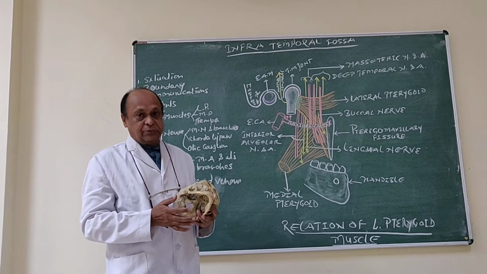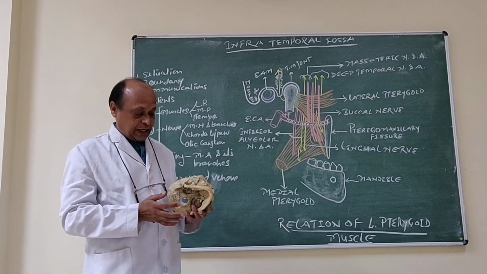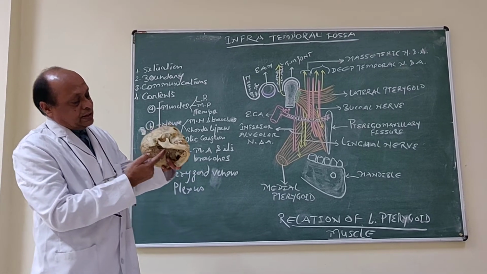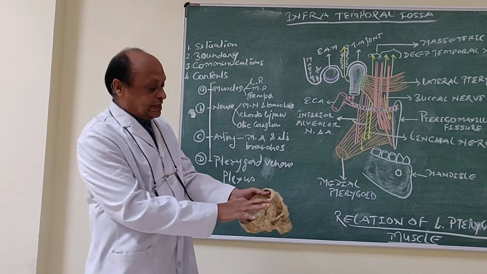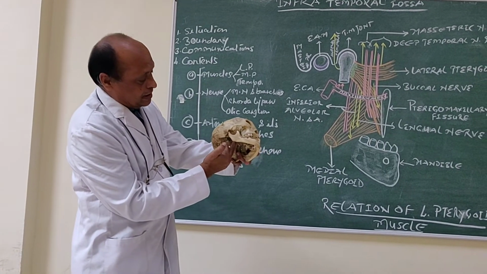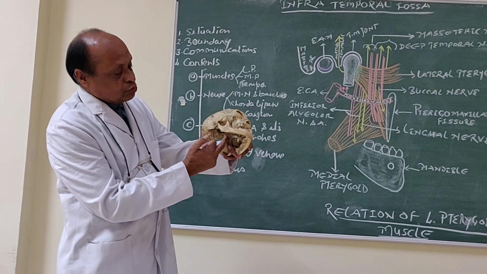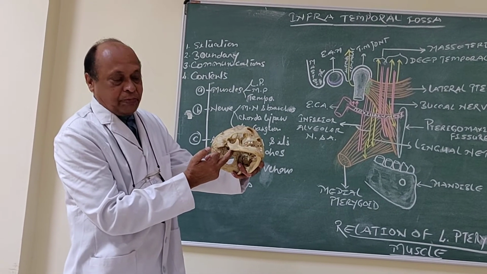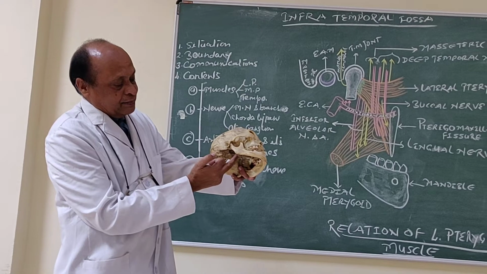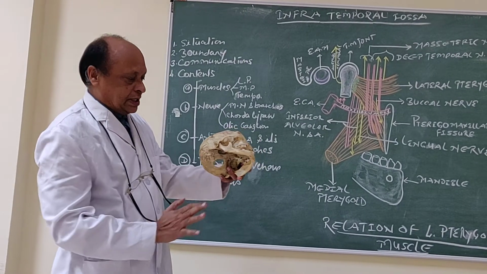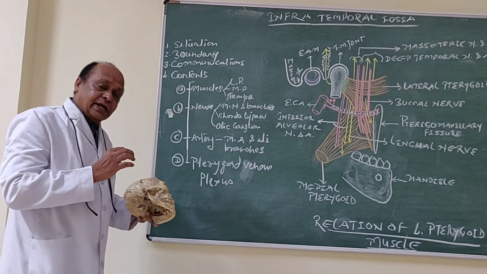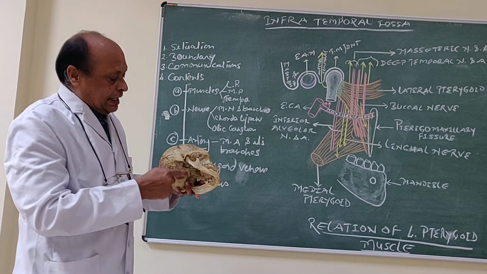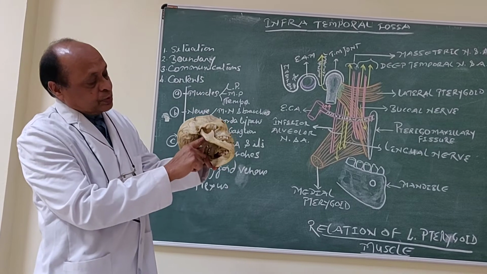I will tell you about the infratemporal fossa. This infratemporal fossa is situated just below the middle cranial fossa. Here I am putting my finger, and it lies between the ramus of the mandible laterally and the pharynx medially. If you look at the boundaries of this infratemporal fossa, in front it is bounded by the posterior surface